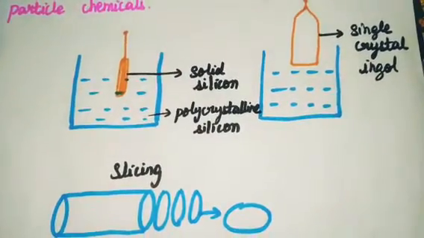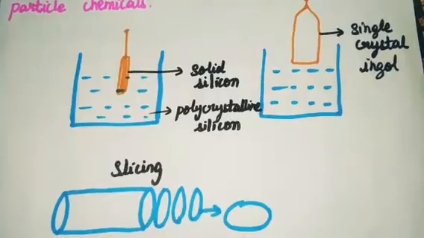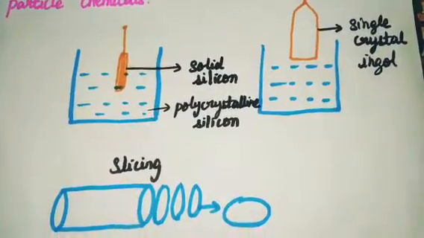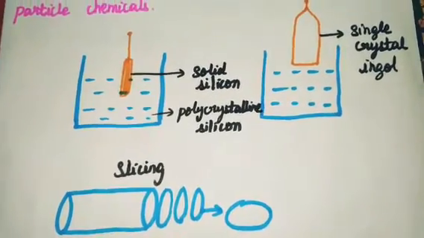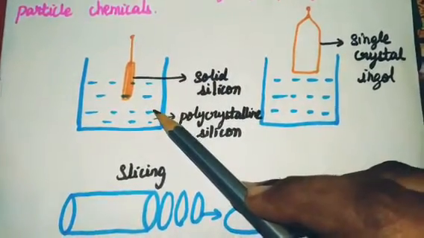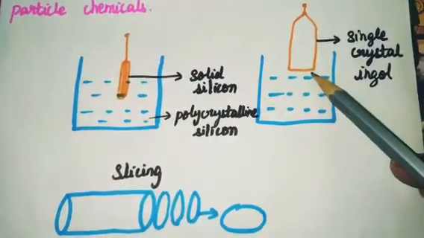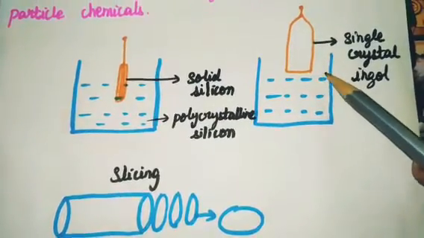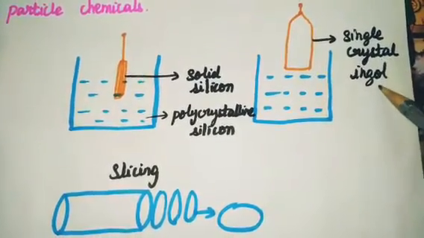First, purified polycrystalline silicon is created from sand. Then it is heated to produce molten liquid. A small piece of solid silicon is dipped into this molten liquid. Then the solid silicon is slowly pulled from the melt, so the liquid cools to form a single crystal ingot.